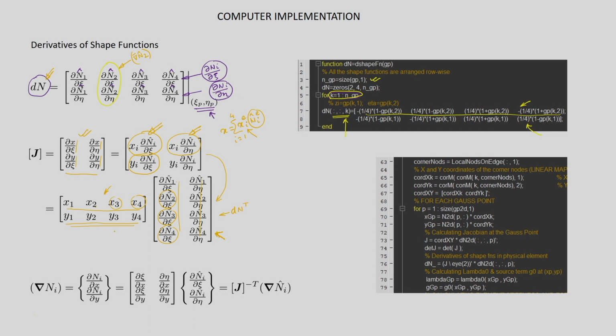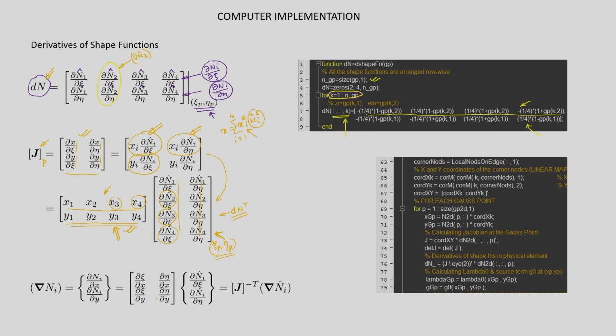So, basically what we have to do is note down the coordinates of the nodes for that particular element E, and then multiply with Dn transpose, but Dn transpose depends on the Gauss point. So, these are evaluated at a particular Gauss point xi p eta p. So, we have to evaluate this Jacobian at a particular Gauss point xi p eta p. Jacobian is a function of xi and eta. This matrix is constant for a particular element, but as the Gauss point changes, the Jacobian will change. So, we have to recalculate it for each Gauss point.